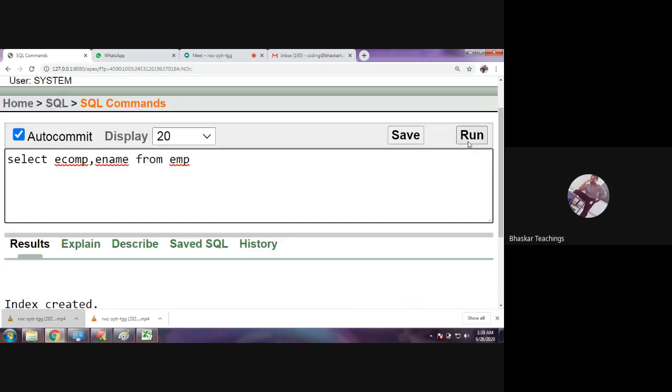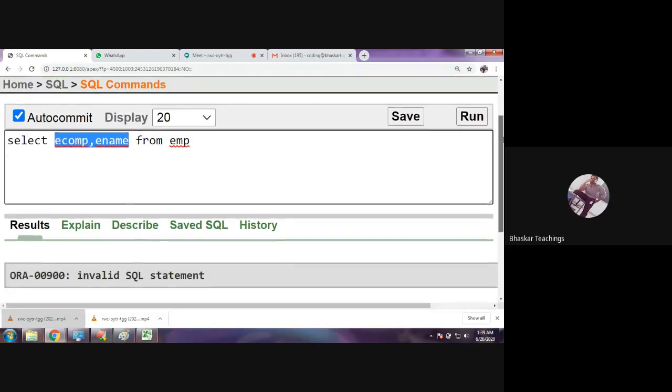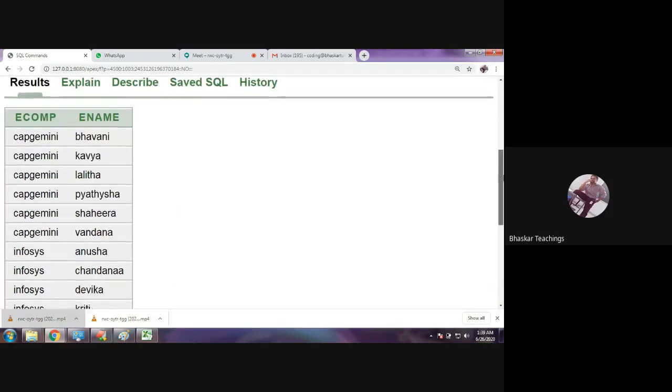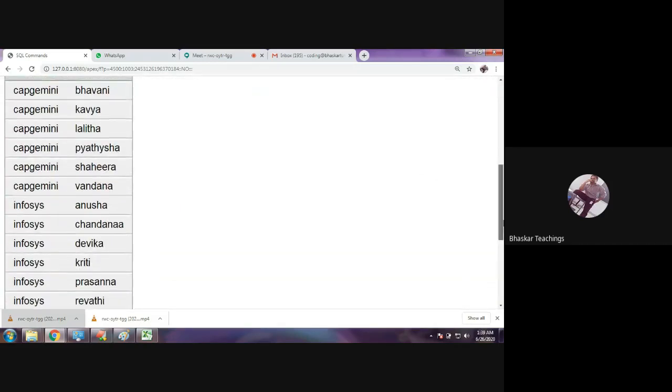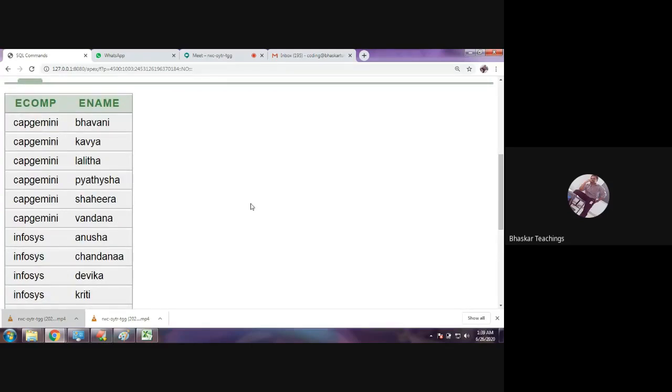But now, when the index is applied on this combination of columns, the data is retrieved this way. Earlier the data was displayed in insertion order only, but now Capgemini is displayed first.